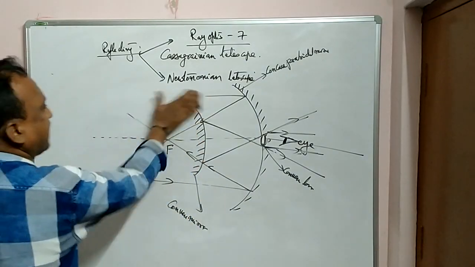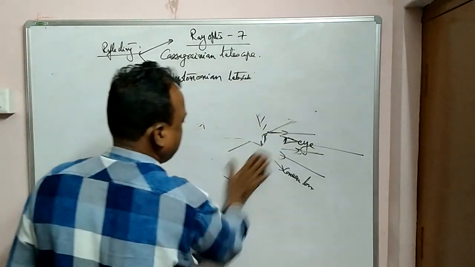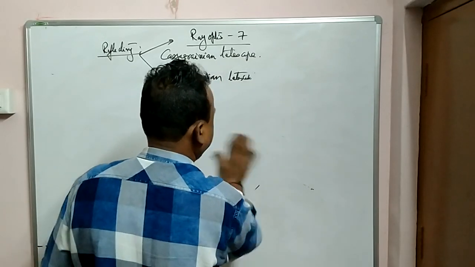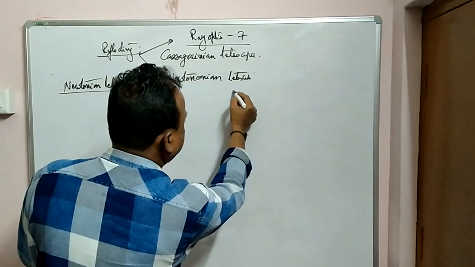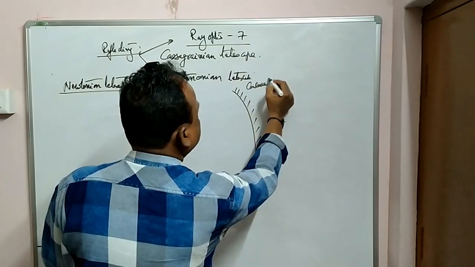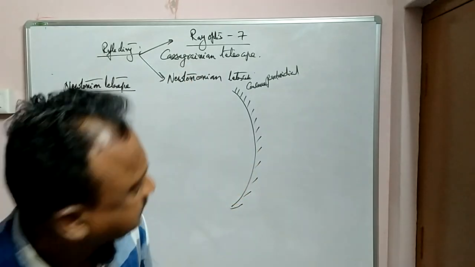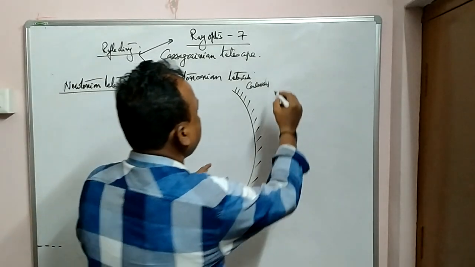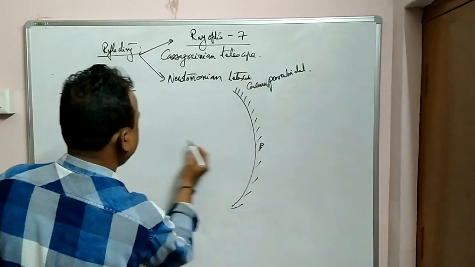Now next one, second one and last one, that is Newton or Newtonian telescope. Newtonian telescope, let us see. This was invented by the scientist Sir Isaac Newton. So what he has done is, in the Newtonian telescope, here he has taken the same thing, a paraboidal concave mirror. Of course, this is the pole, principal axis,